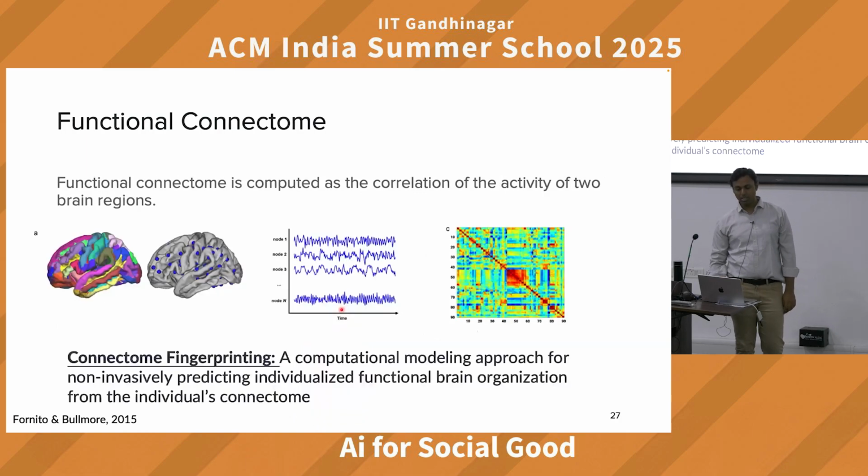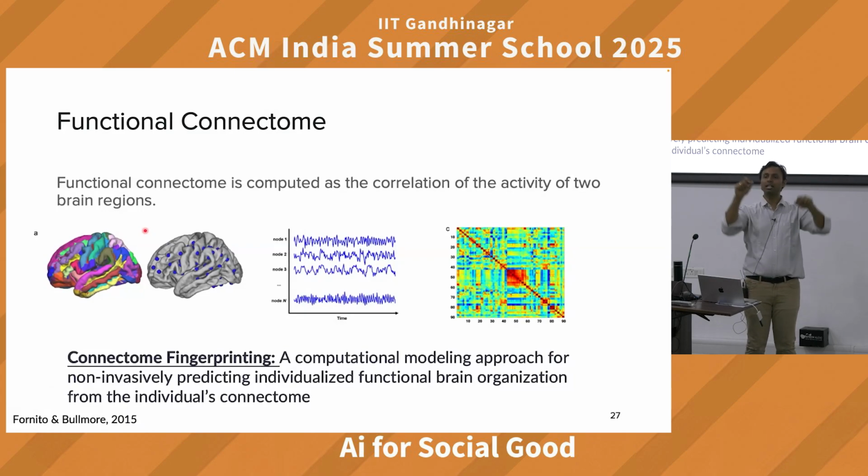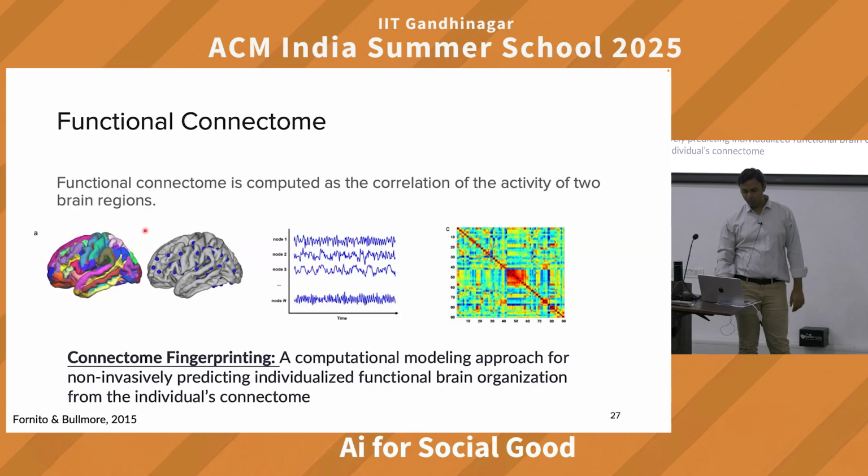And then we talk about this thing called the functional connectome. It's computed as the correlation of activity of two brain regions. Two brain regions are going up and down in activity, you say, okay, they are functionally connected. They may not be directly connected. A may be connected to B, and B connected to C, but if A and C are going up and down together, then we can say there is a functional connection. In the connectome we use a direct signal, in the functional connectome we use an indirect signal. So the methods that I'll talk about use this functional connectome to make sense of activity in the brain. Did you understand?